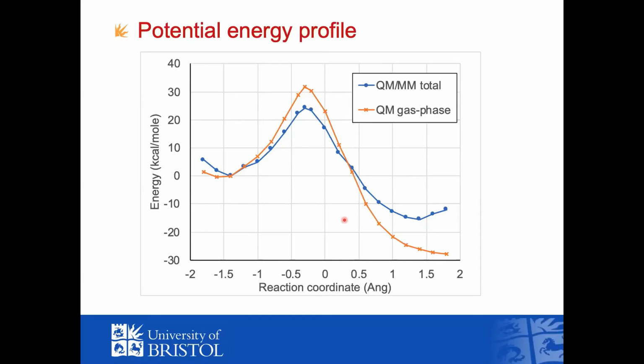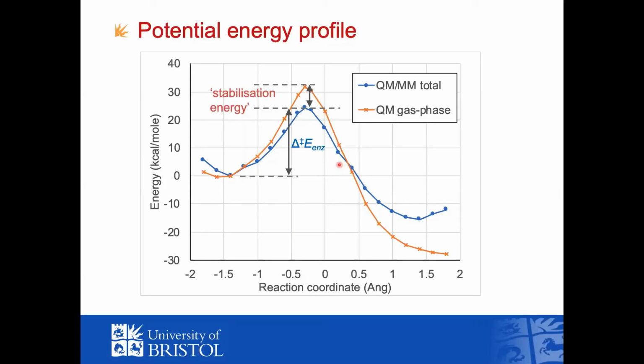And then we used a little trick to see how much the enzyme environment is contributing. We did that by essentially taking the geometries that we had analyzed here and throwing away all of the enzyme and recalculating. Now, from this, we can work out what the potential energy barrier is for the reaction. And then from these gas phase reactions, that indicates to us how much stabilization the enzyme environment is giving us. Now,